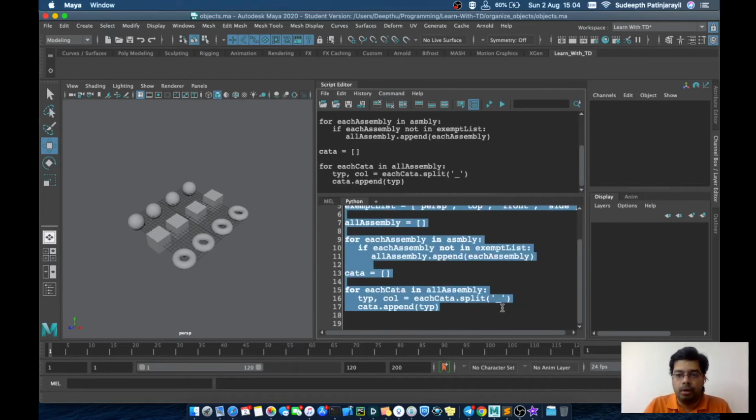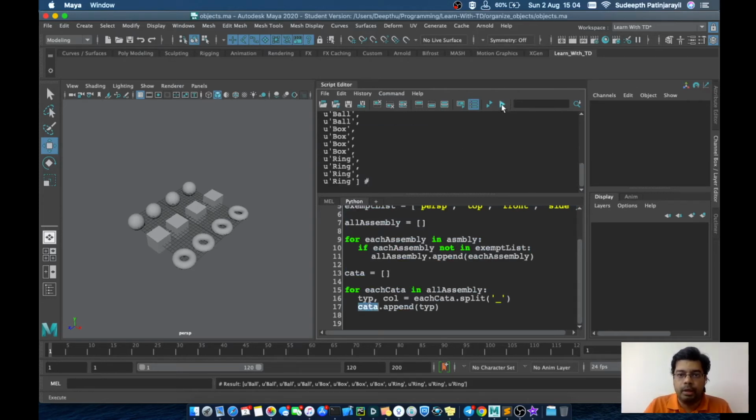We got the list, no errors. If we print out the list, now we have 4 instances of ball, 4 instances of box, and 4 instances of ring. So many duplicates are there.